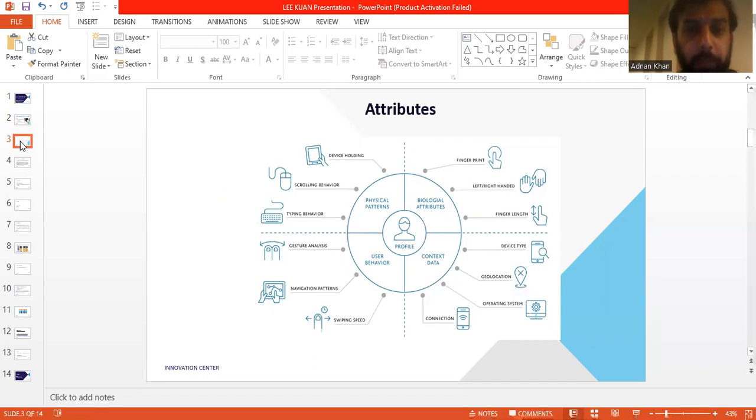For example, fingerprints, left-right hand combination, finger length, device type, geolocation, operating systems, connections, swiping speed, navigation patterns, gesture analysis, typing behavior, scrolling behavior, and how they hold their device. These are all divided into biological, contextual, user, and physical pattern attributes. We use these attributes to find the unique person who is the authentic user of that mobile.